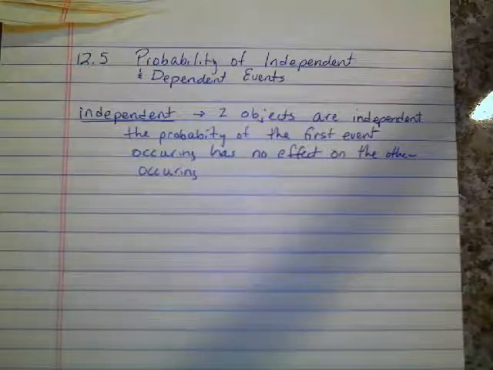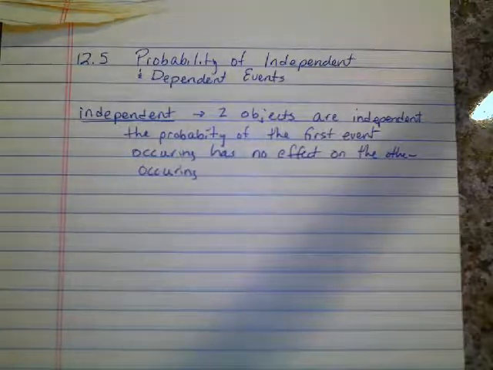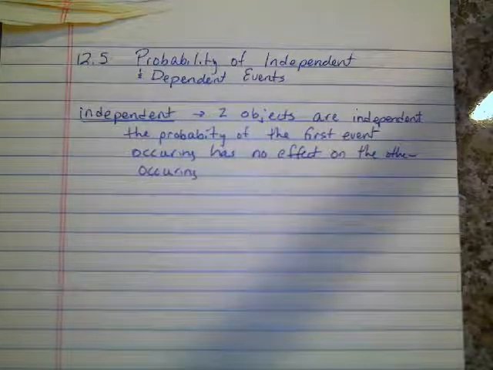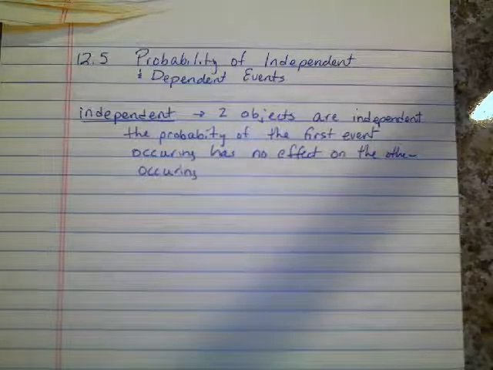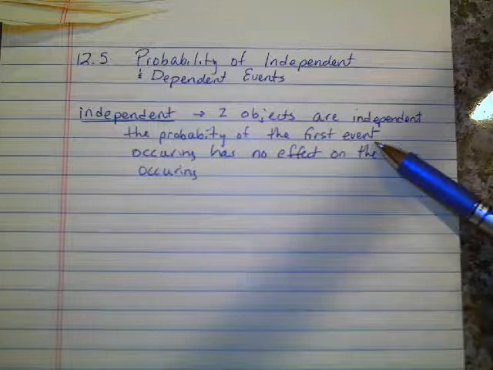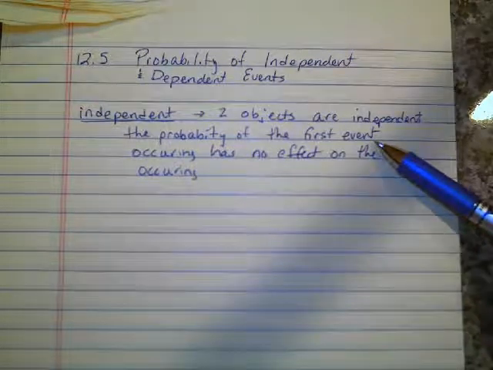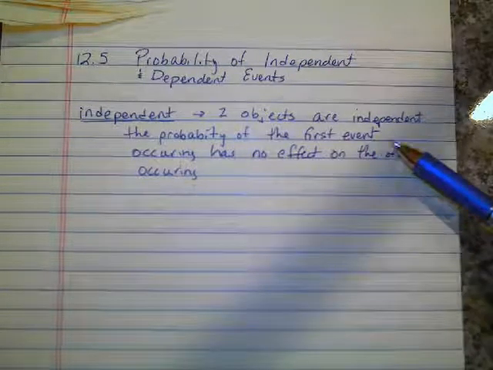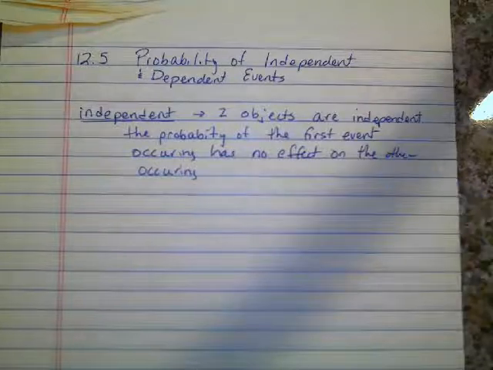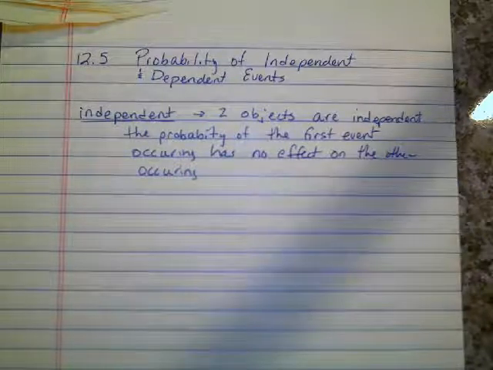In this lesson, we're going to talk about the probability of independent and dependent events. This video is specifically talking about independent events. So, two events are independent if the probability of the first event occurring has no effect on the other one